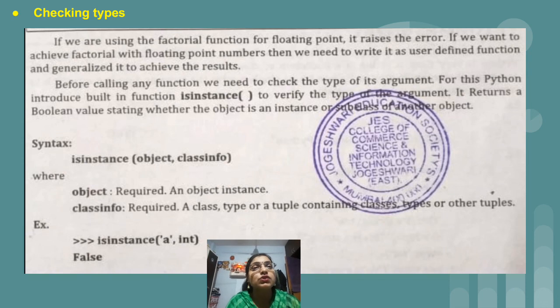Then we have the last topic of our function chapter, checking types. Again, this is a very simple concept. Suppose somebody has given you an assignment to create a factorial function and find the factorial of a float value. We already did the factorial program, but we calculated the factorial of 5 and 4, so normal numbers or integer values. But if somebody tells you to write a program for calculating the factorial of a floating value, in that situation